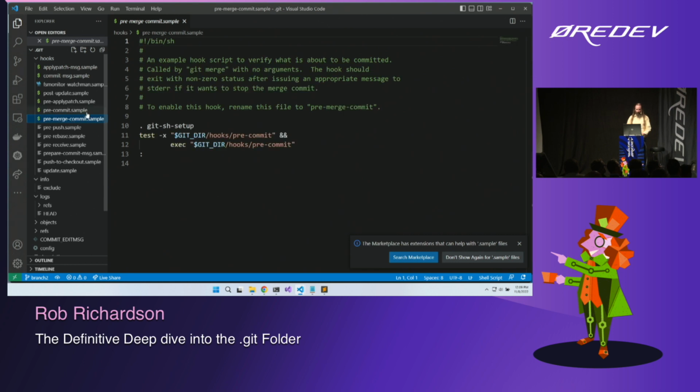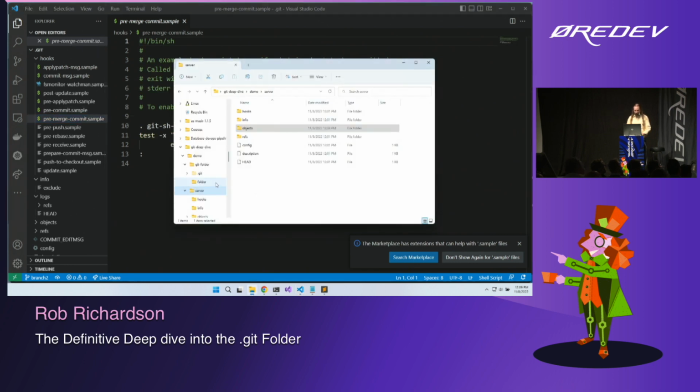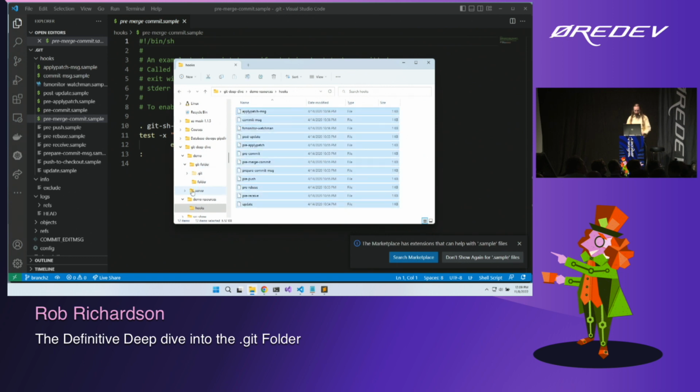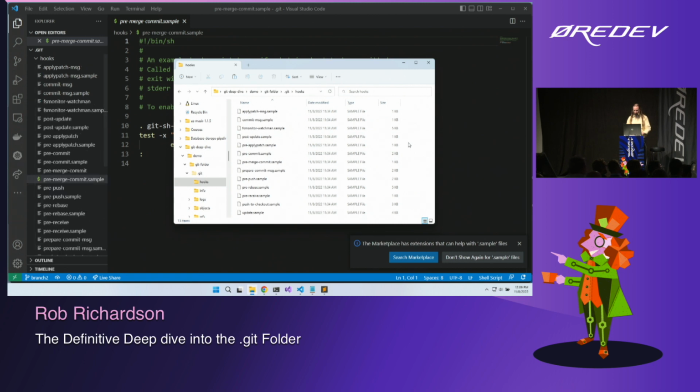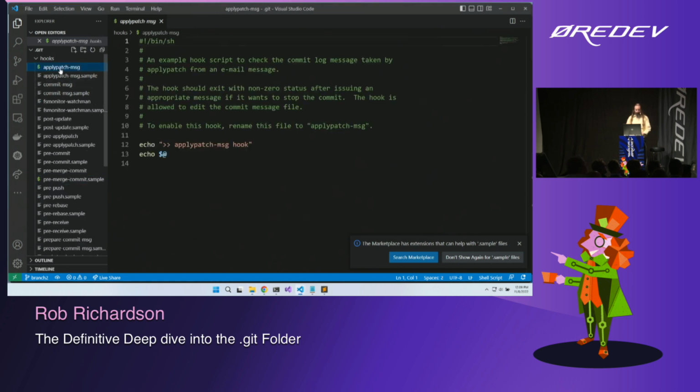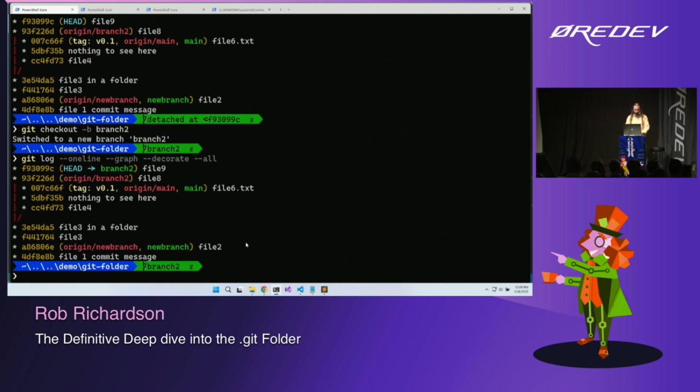Now right now they have .sample at the end, so I'll just go reach into my stash and I will go grab some hooks that I built previously and set them here into this folder. And each of the hooks that I'm adding is just a script that will echo the step name and all the arguments passed to it, just so that we can see what's going on. Now this is great for automation. So let's say